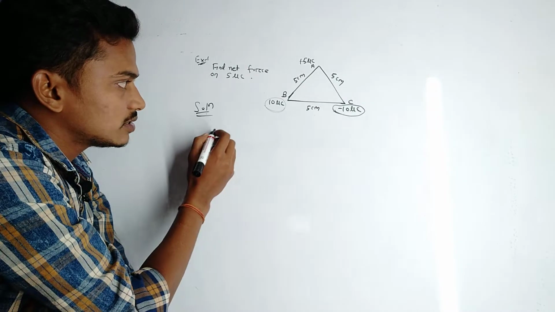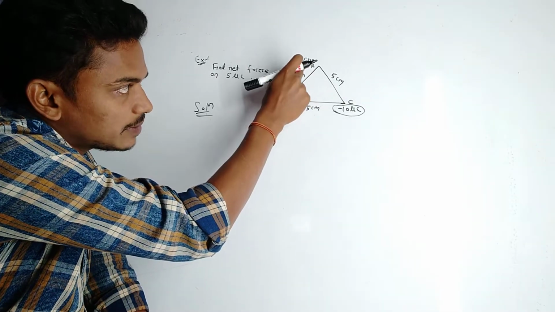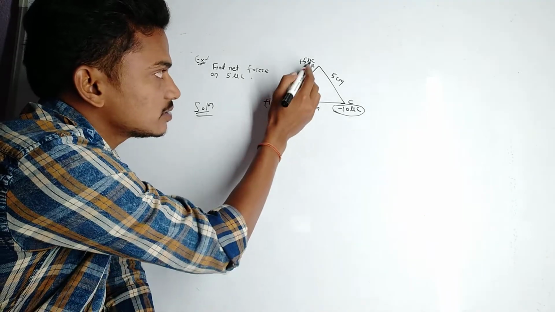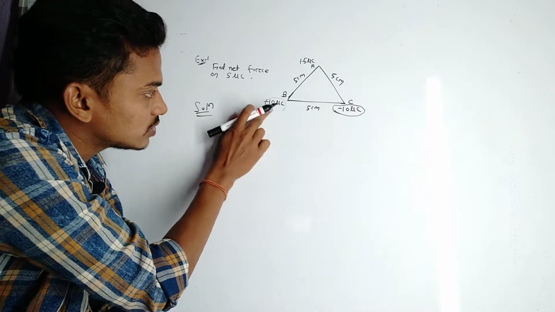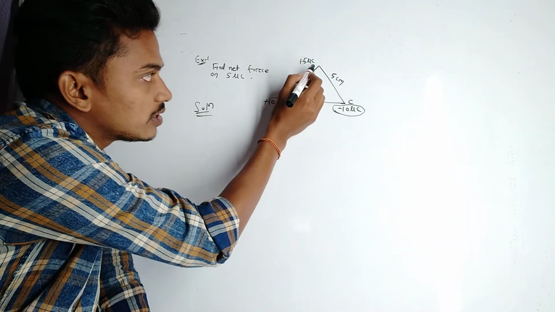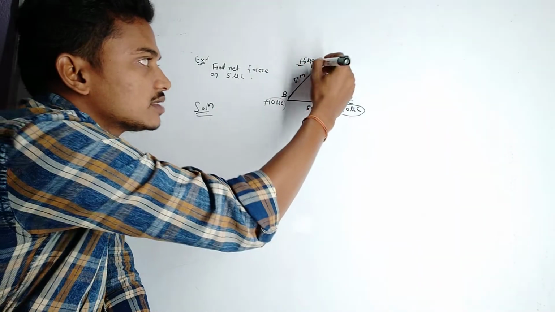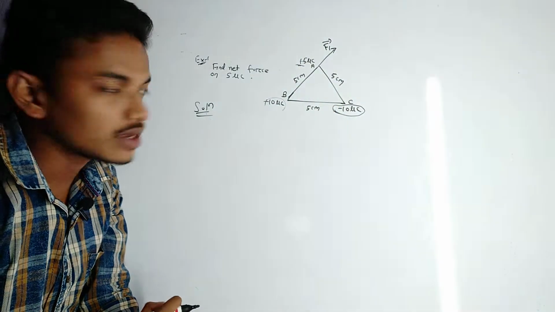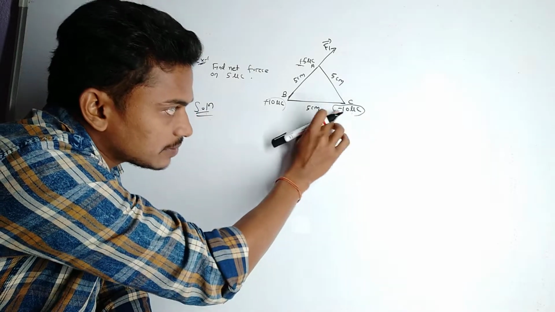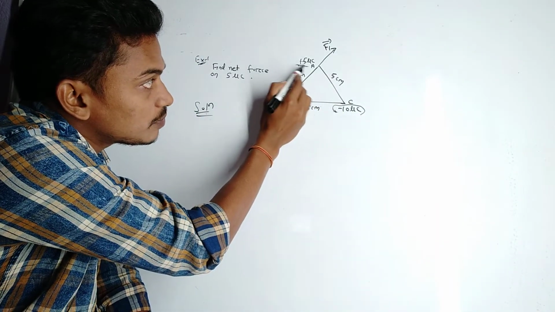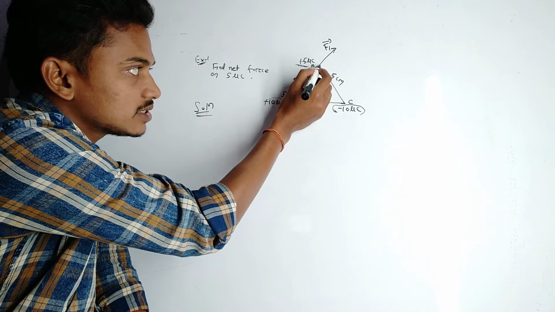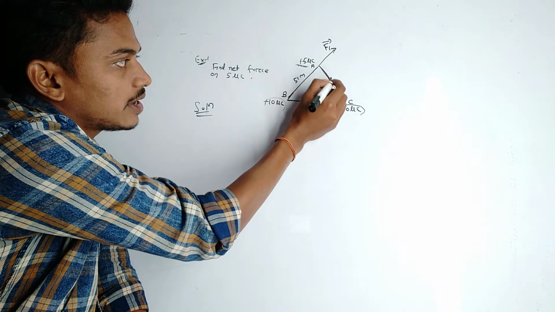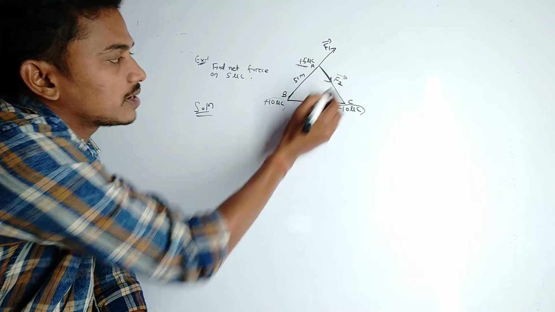So consider the force on the charge 5 microcoulomb due to the 10 microcoulomb charge. These two charges are positive, so this 10 microcoulomb positive charge will repel the 5 microcoulomb charge in this direction, and this is suppose F1 vector. And this minus 10 microcoulomb charge will attract the plus 5 microcoulomb charge towards it. So this will be F2 vector, suppose.